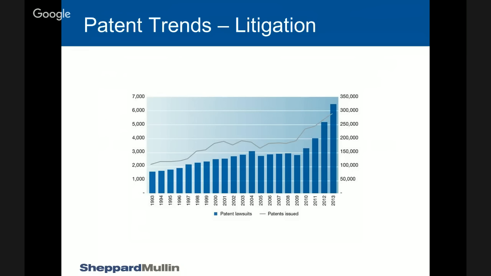The average cost of defending a patent litigation in the U.S. is generally between $1 and $3 million. And as a defendant, even if you win, you're out that money. There's no upside. Generally, attorney's fees are not awarded. So you could pay that much just to defend yourself against the lawsuit.